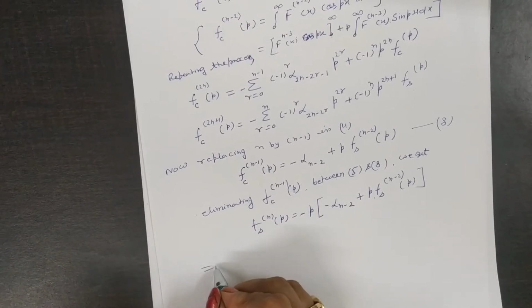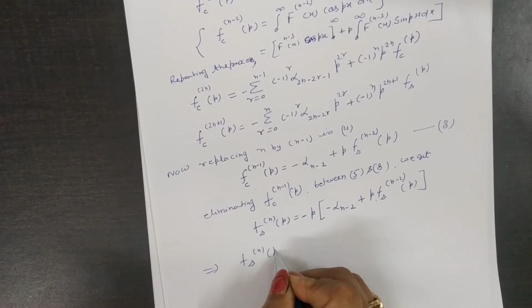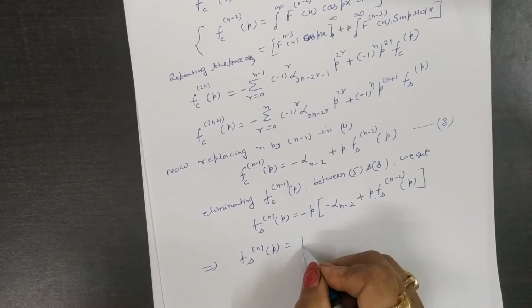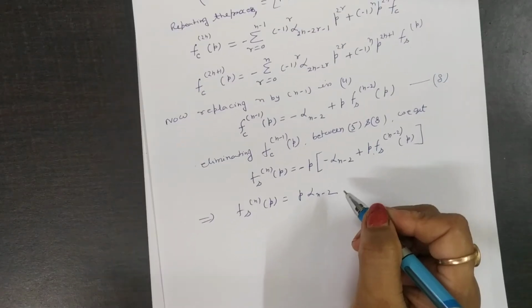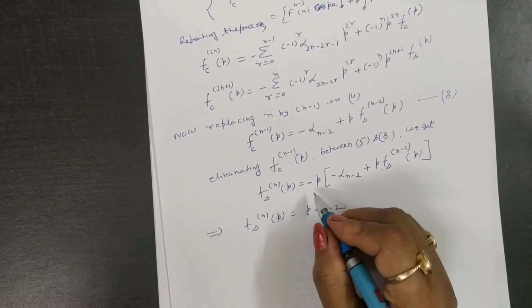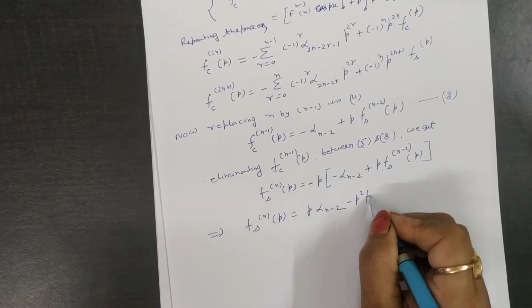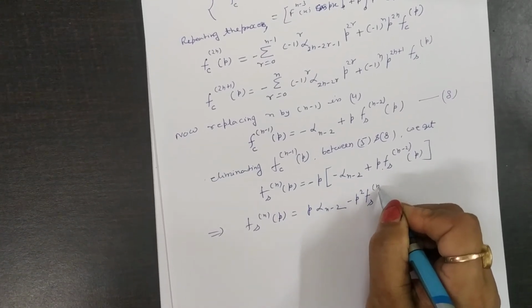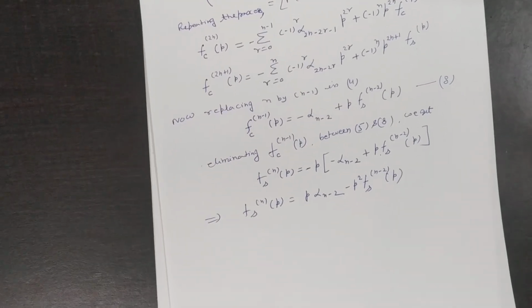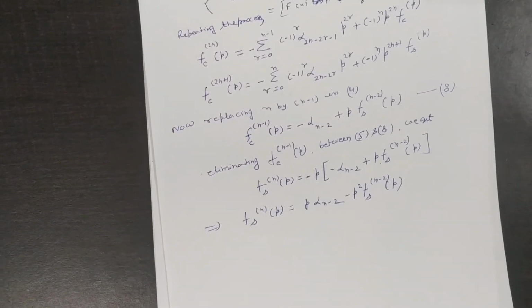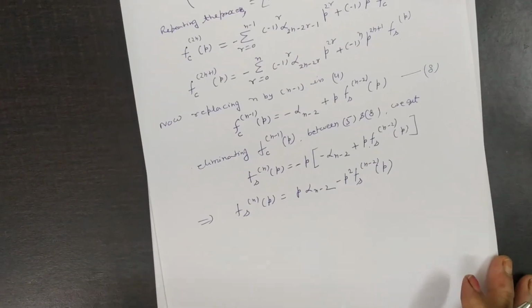So this implies that f of s n p is equal to p alpha n minus 2 minus p square f of s n minus 2 p. Similarly, repeating the process as you have proved earlier,